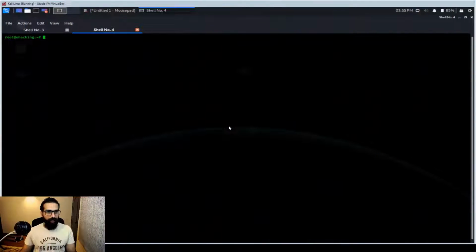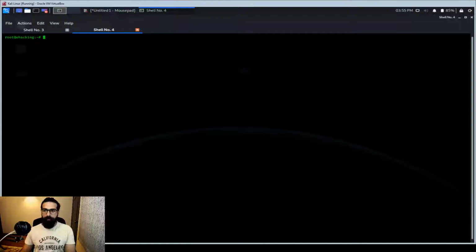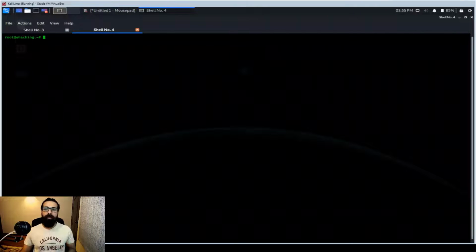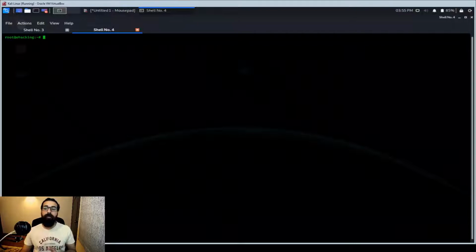Alright, so this is the Kali Linux that I have, and what I'm going to do now is use msfvenom to create a payload and save it as an APK file. After generating the payload, we need to set up a listener in the Metasploit framework. Once the target downloads and installs the malicious APK, then as an attacker we can easily get back a meterpreter session